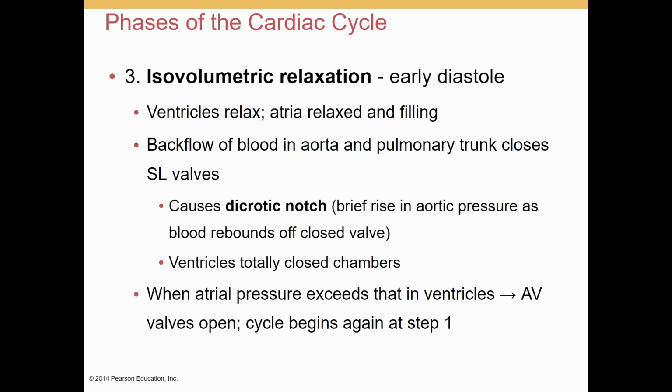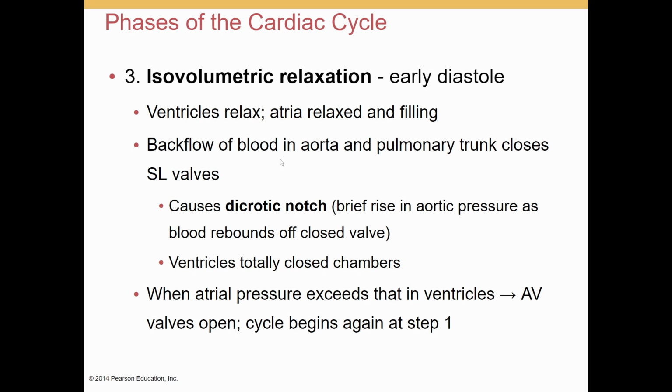Isovolumetric relaxation will follow because after the ventricles contract, they relax. This is early diastole for the ventricles. And the atria at this point are relaxed already and filling with blood. But there's not enough pressure in the atria to push open the atrioventricular valves, or AV valves. And the semilunar valves have closed after ejecting blood, so for a moment in time, again, all of the valves are closed. There will be a small backflow of blood in the aorta and the pulmonary trunk,